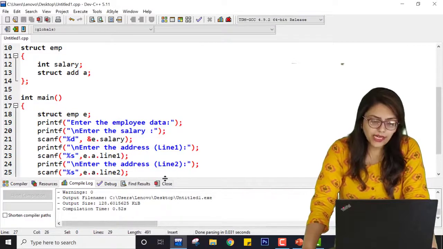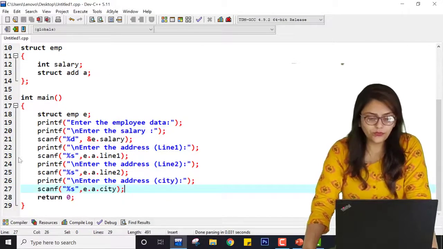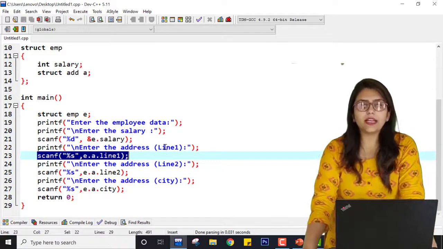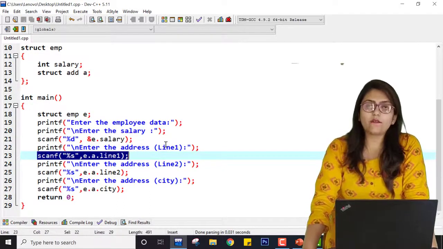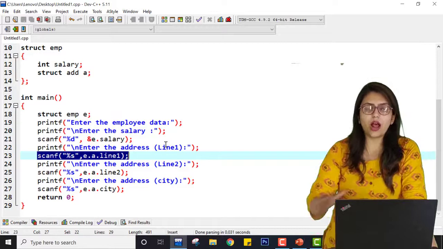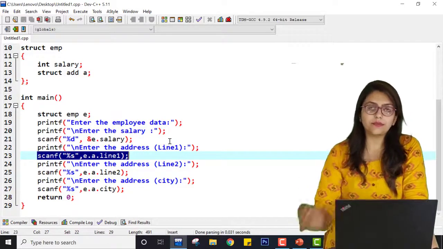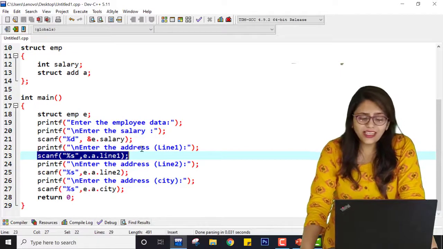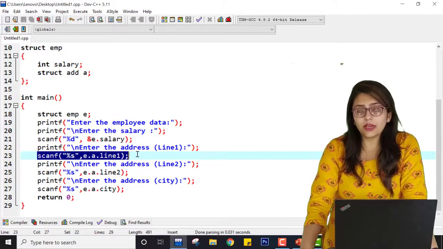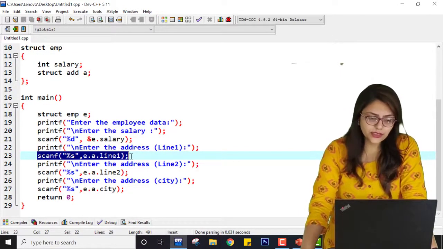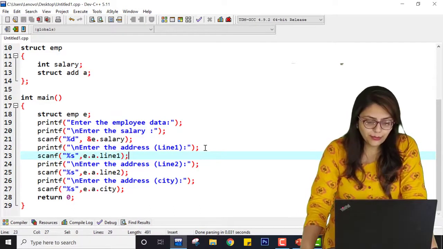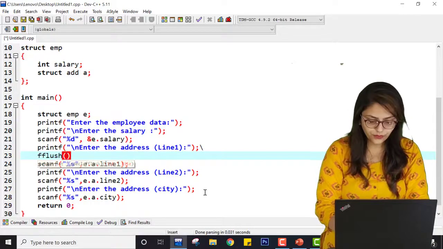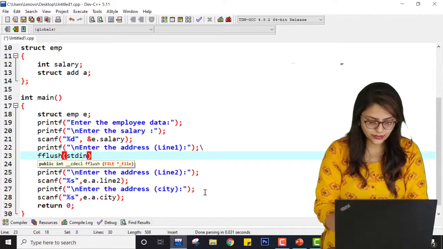Why? Because sometimes while dealing with strings and using scanf, it may happen that the buffer contains some garbage value. Now what exactly this buffer is and how exactly it looks in terms of hardware, you are going to study in COA. But right now just understand that there exists some garbage value in terms of strings. So every time before using scanf, use this function fflush(stdin), right?